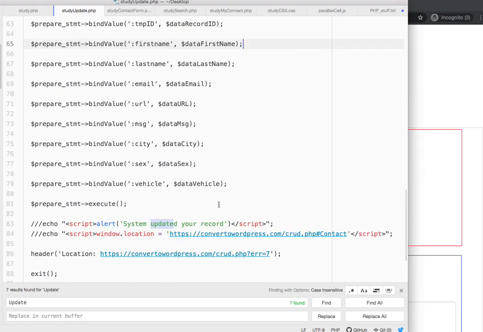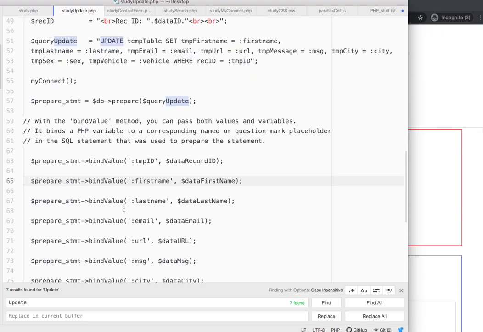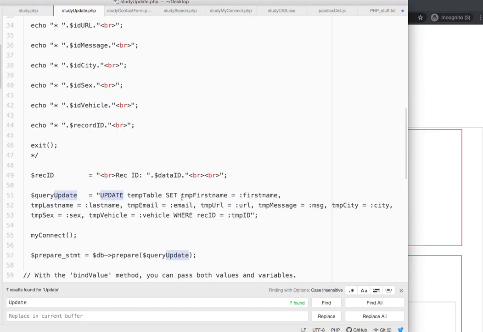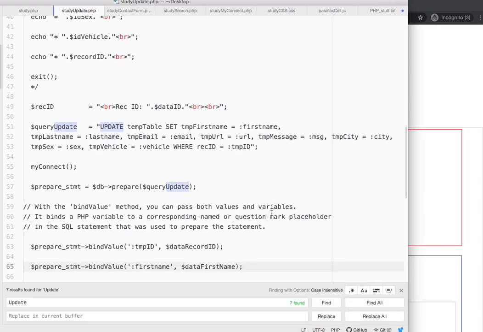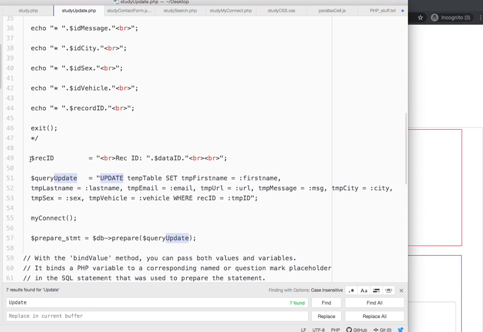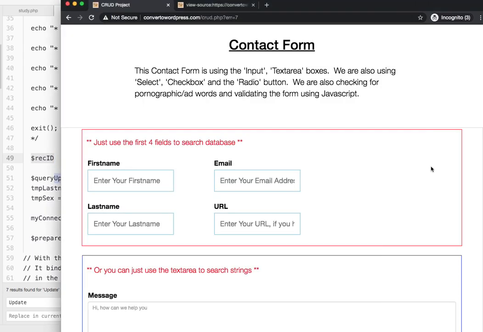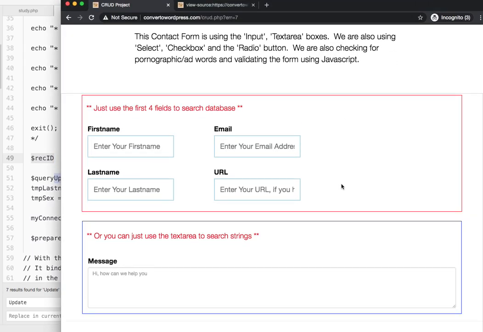Right, and then once you execute, it will execute the command. It's going to update the template set, the first name, and you're going to give it the actual new first name and the actual new last name, the new email, and so on, right? Where the record ID equals the temp ID, which happens to be this. See, because when you did that, when you search for the,